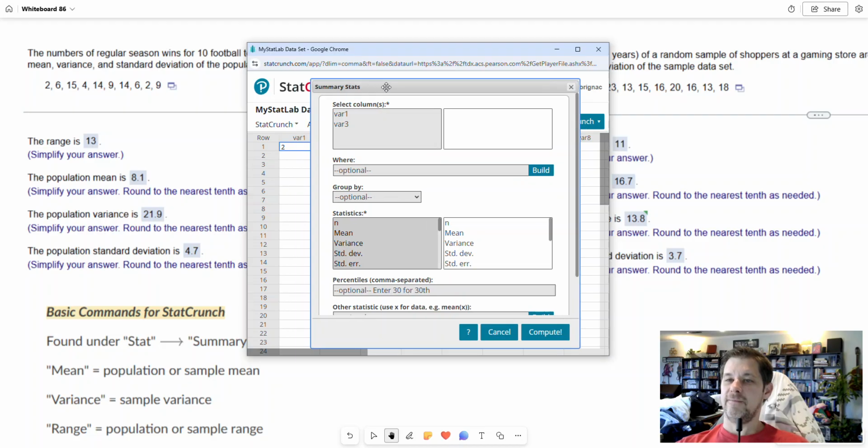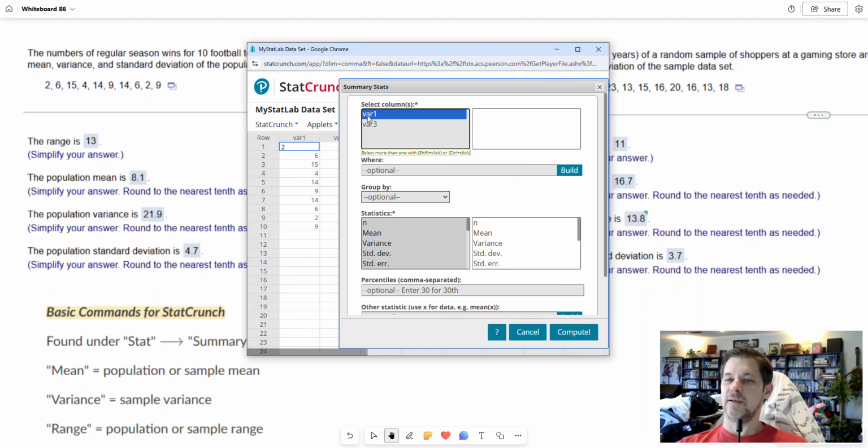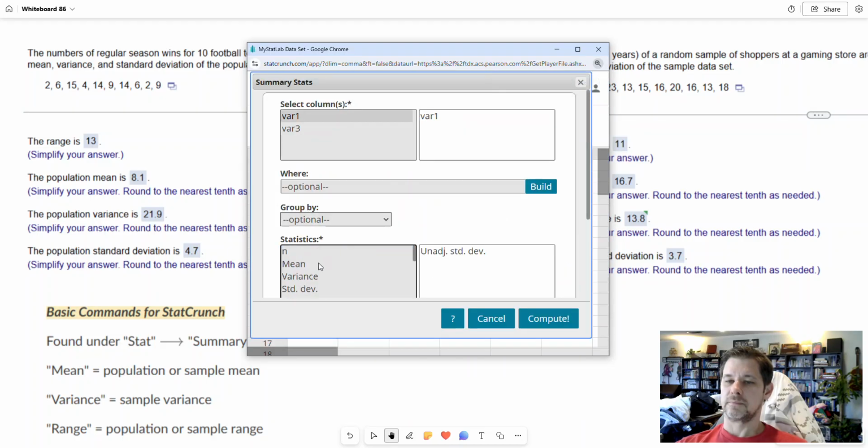Now, if I have data in more than one column, I'll select the column I want to work with at the moment, which is VAR1. And then down here, remember those commands I needed? It was mean,